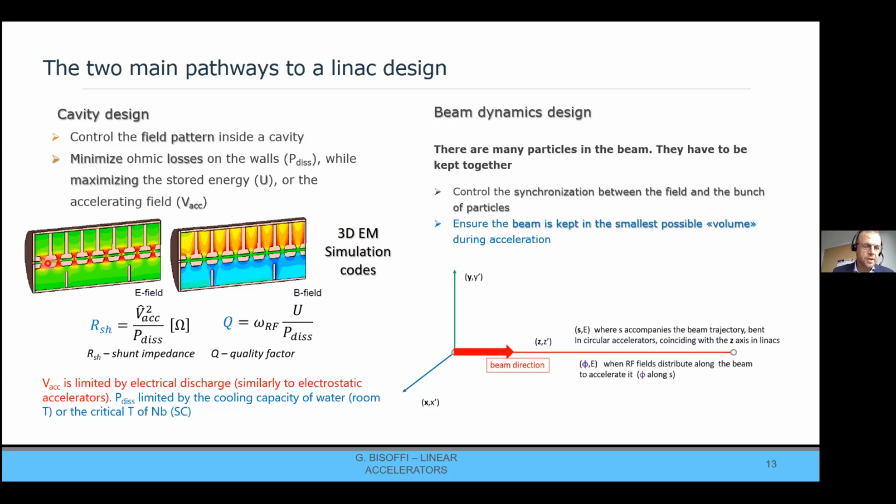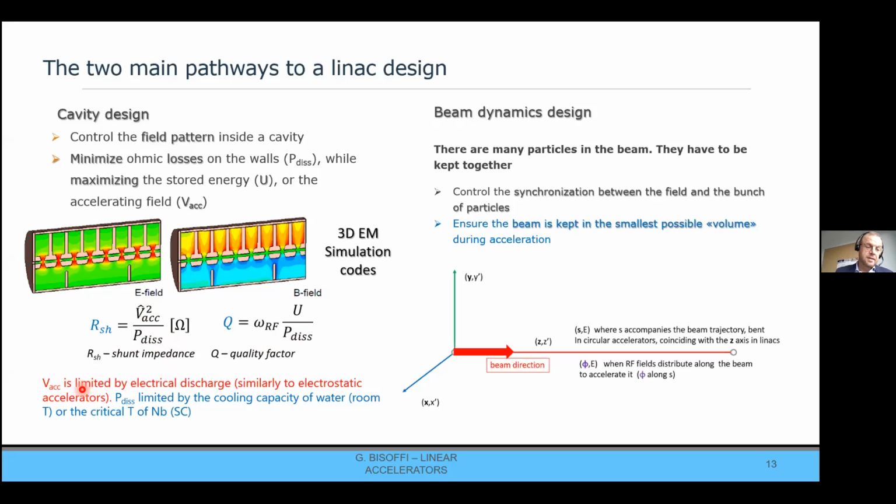So you want to concentrate the electrical field along the beam line and maximize the accelerating voltage here and minimize the dissipated power on the walls. So what you want to maximize are parameters like the so-called shunt impedance or the Q value, which are ratios. You see that in the numerator, you have either the stored energy in the Q definition or the square of the accelerating field in the shunt impedance definition, and you have the dissipated power at the